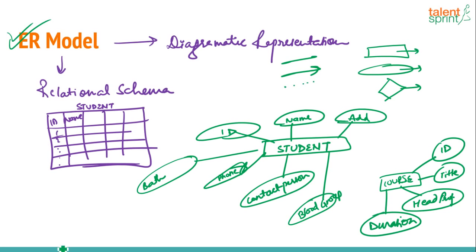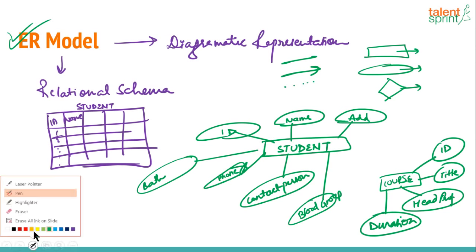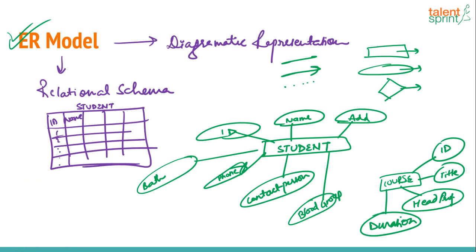Say, like we talked about, the first example that we talked about, that was Flipkart, right? So say Flipkart, you are trying to store the information of a customer. So in that case, the student will become customer, right? And everything will remain the same. A customer will have an ID, name, address. Batch will not be there. So a few properties might change depending on which situation you are putting it to. So batch might not be relevant for a customer. Phone number will definitely be there. Contact person might not be relevant. Okay, blood group you don't need of your customer.